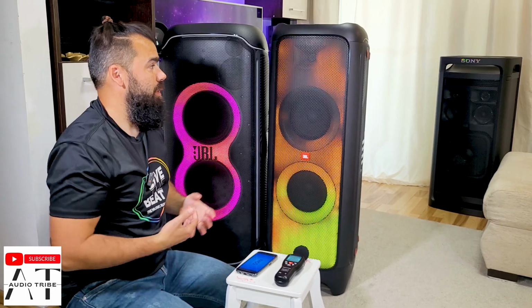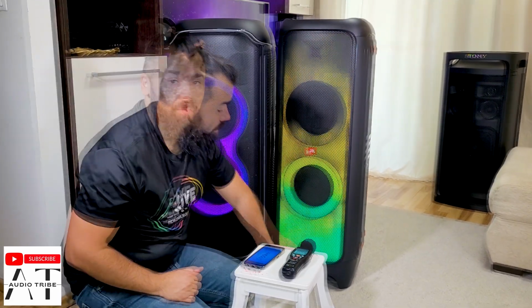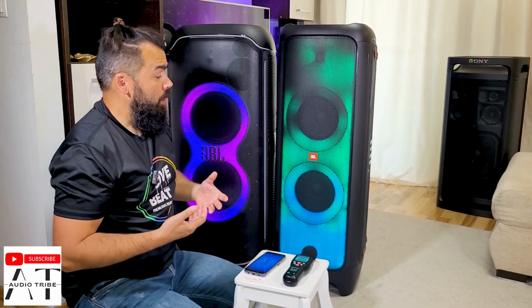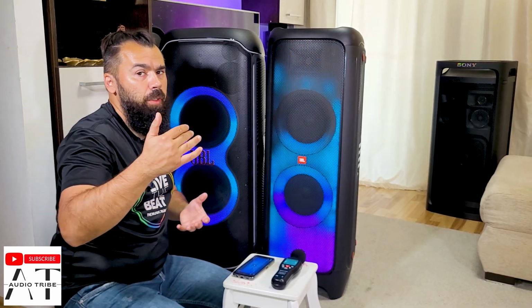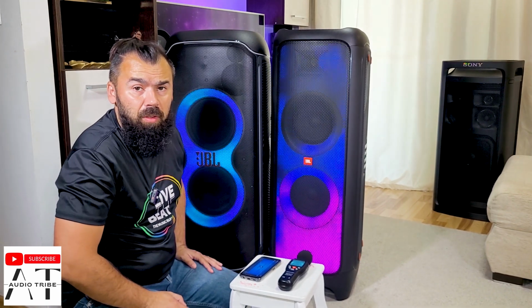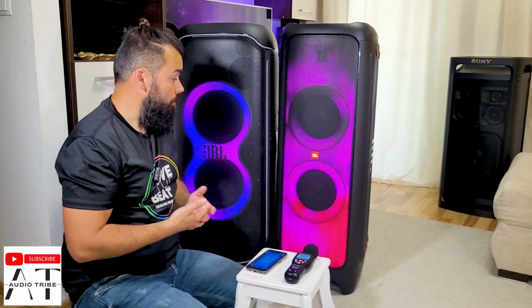Of course, I can definitely tell you that this goes lower in frequency because it has the 12-inch subwoofer underneath. It goes even to 25 hertz, while the other speakers that we have tested only go probably to 30: Sony XV40, and the JBL Party Box 710 with the XV900 from LG reach probably 30 hertz. So yeah,